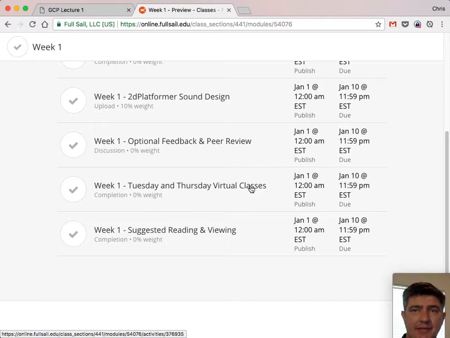Typically on the first class of the week, we'll do peer review and talk about the new week's assignments. I'll have to move peer review off next week, but for the following weeks, we'll start with peer review of the previous week's assignments and talk about the new assignments in the new week. And then the second class is an open session for you to come and ask questions.